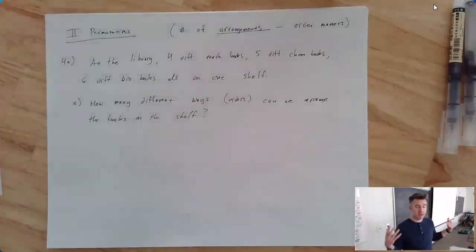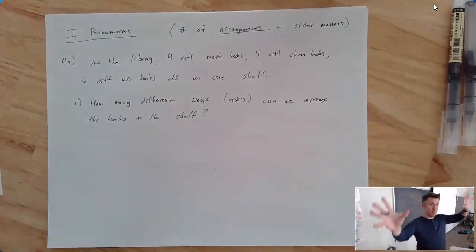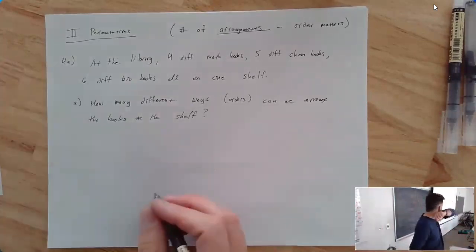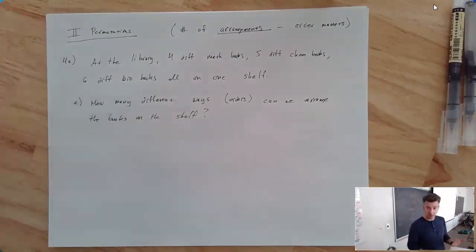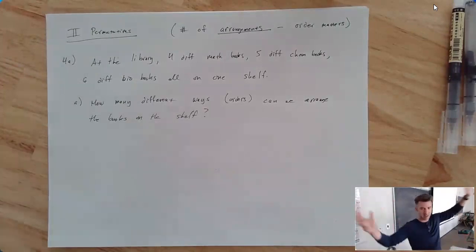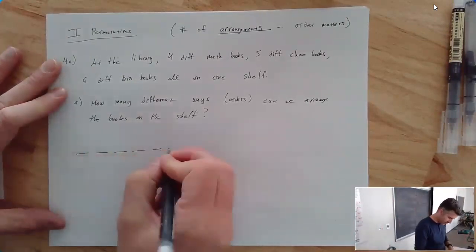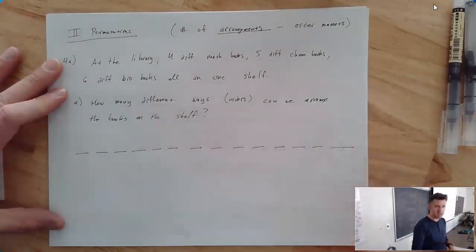So here's where we have to start thinking about choices. Typically when we've got things we're putting in spots, we like to write out all the spots as blank spaces. Sorry, that wire went down the wrong way. So I've got 15 books and 15 spots. We're assuming the bookshelf is full, like you're not leaving empty spots. So we've got 1, 2, 3, 4, 5, 6, 7, 8, 10, 11, 12, 13, 14, 15 spaces for our